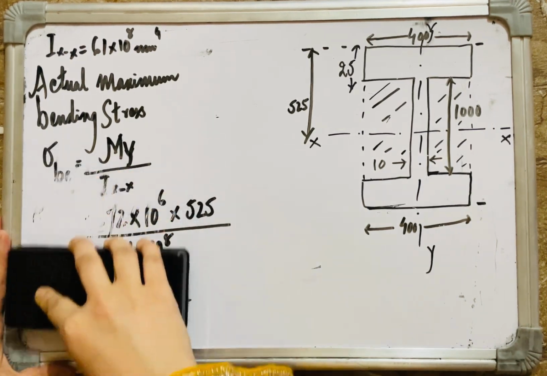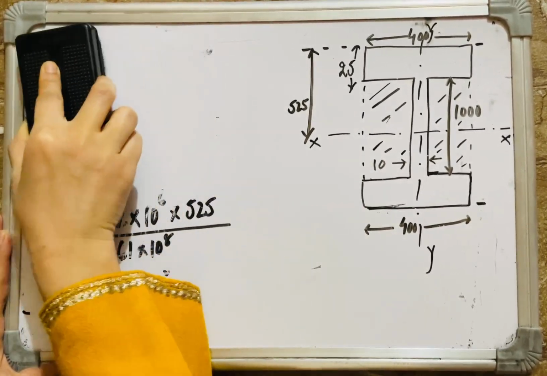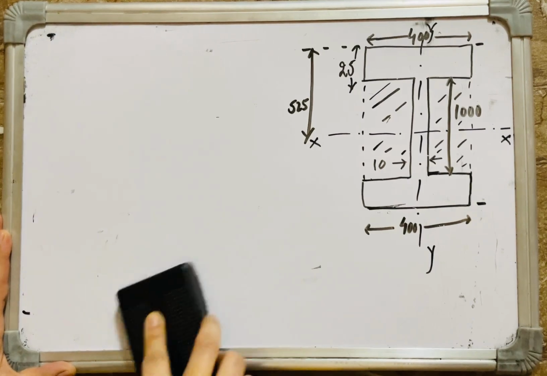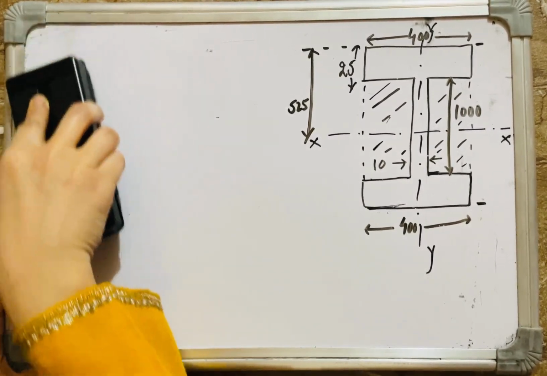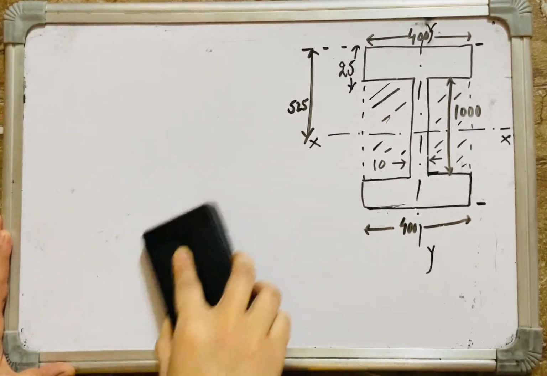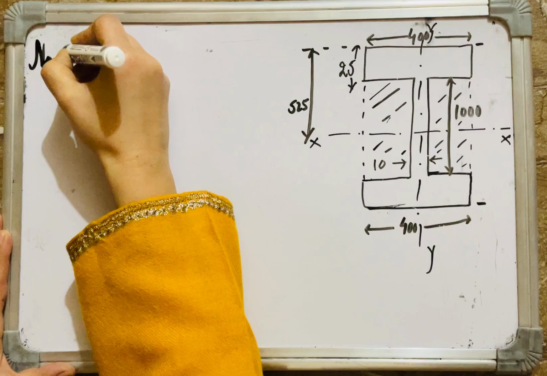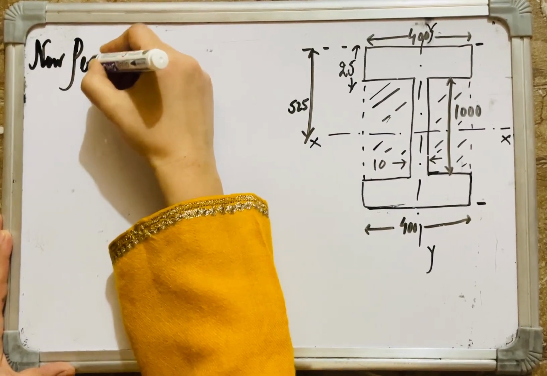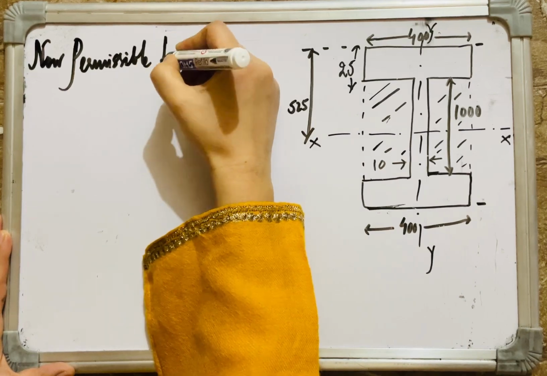Let me rub it first. We have calculated the maximum actual bending stress it will be carrying. Now, since we have to check the section for the stresses, the permissible bending stress